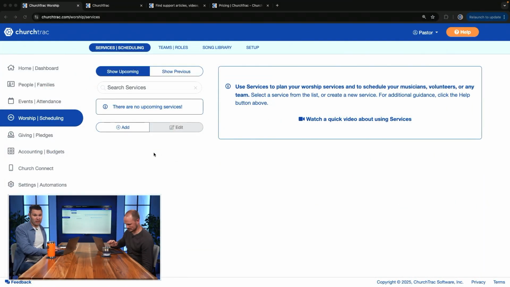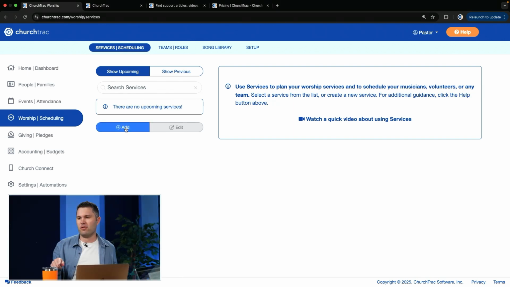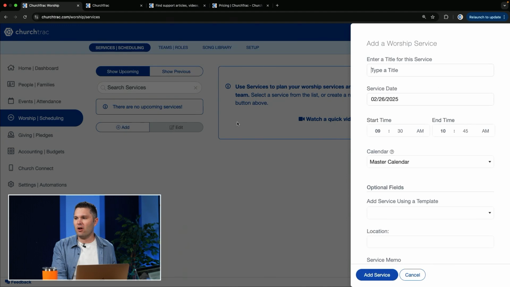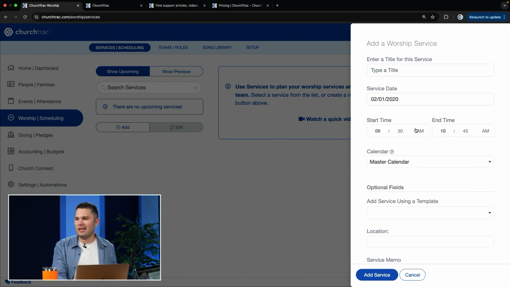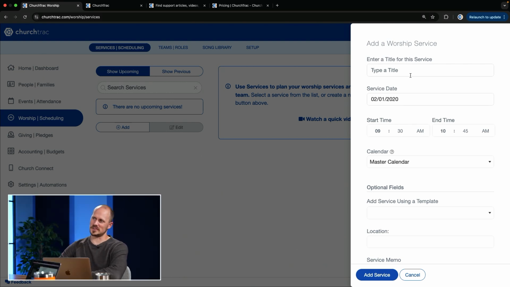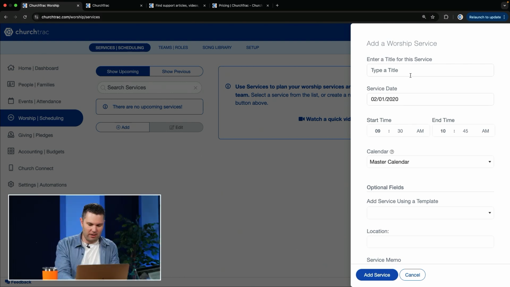So we're going to go ahead and create a worship service. Here's what I'm going to do. Because of this worship service I want to create, later on we can change the date and everything. I could actually just put February of 2020. The reason I'm doing this is because I'm creating this to be used as a template later. So you're moving it way back in the past to get it out of the way. And I'm just going to call this